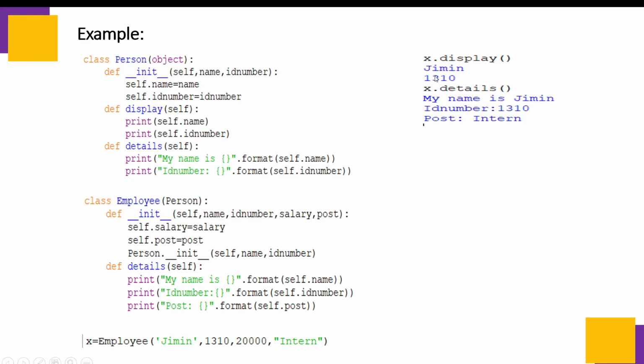So it displays Jimin and 1310, and then it displays x dot details. X dot details prints my name is Jimin, ID number and post. So this was a small example of how inheritance is being used here, right? When you call display, display was not written at all inside employee, but it fetched that from the parent class, that is person, and it printed those